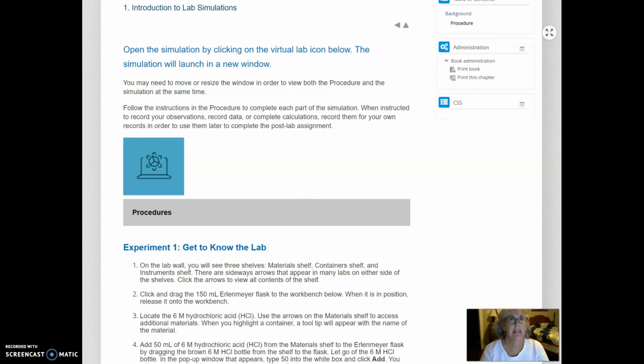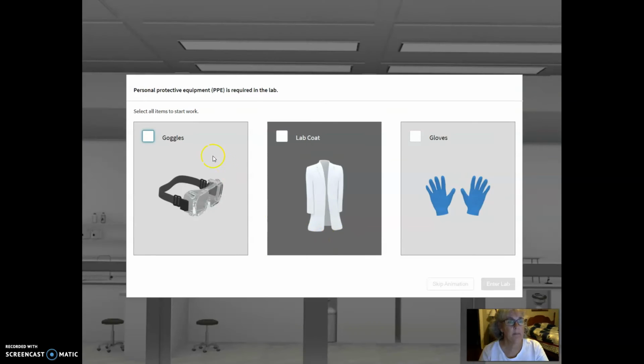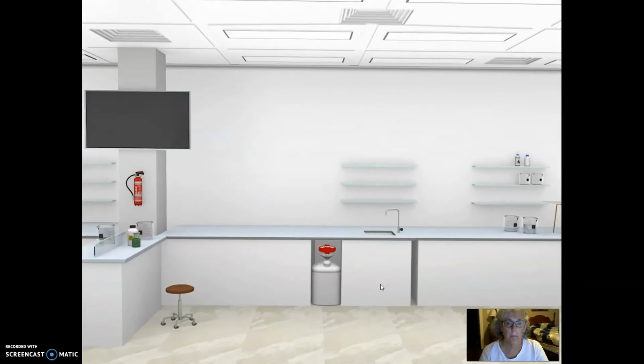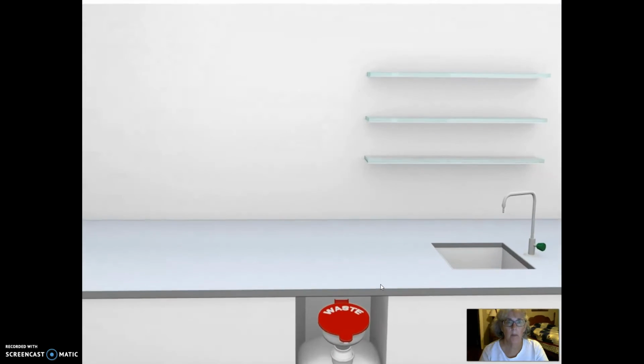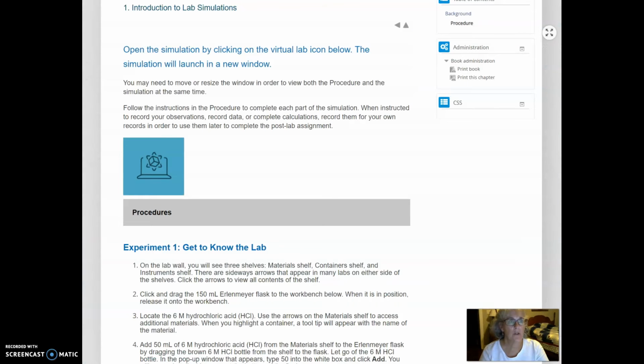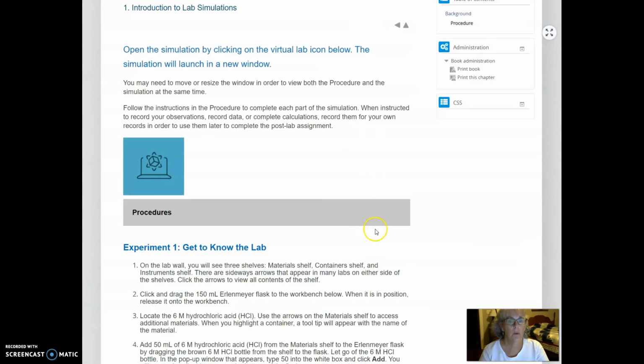Directions, lab. You can start the lab. You're going to need goggles, a lab coat, and gloves. And you're in lab now. So if you've entered this in a separate tab, we can go back to the directions and see what we're supposed to do, and then go back to the lab. So when you're done with everything,